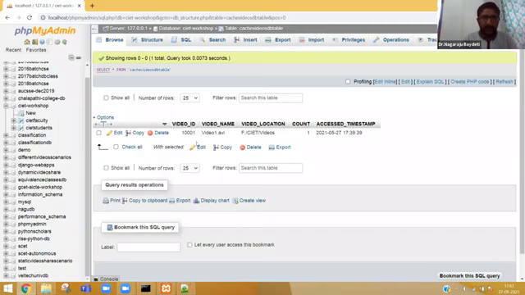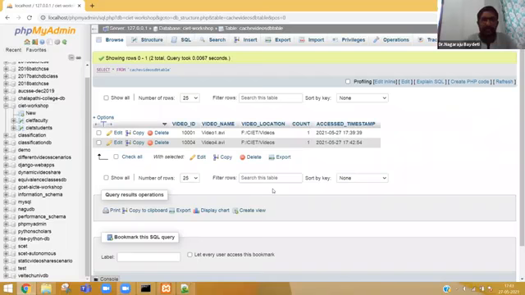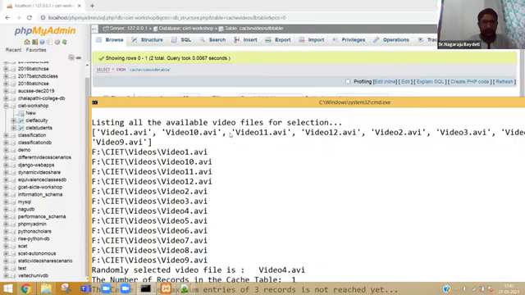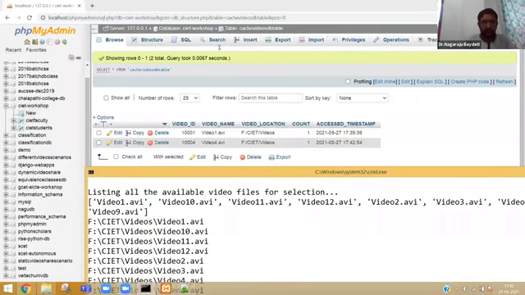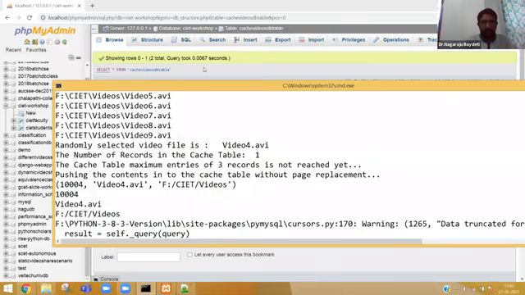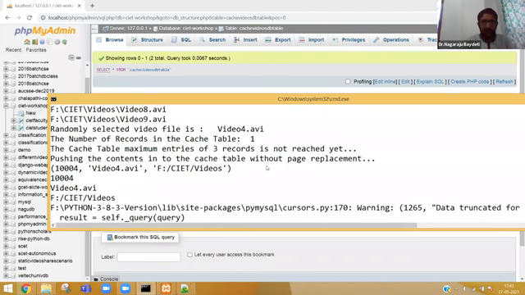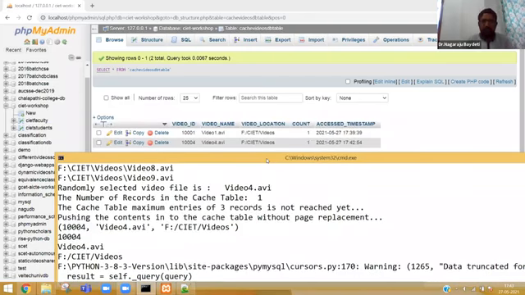Now, if you click the same cache table, now you have 2 records, and you can clearly see, because the cache table is less than 3 size, so it has gone. One more record has been entered after executing this part of the code. When the video file selected is 4, I got a new entry as well.